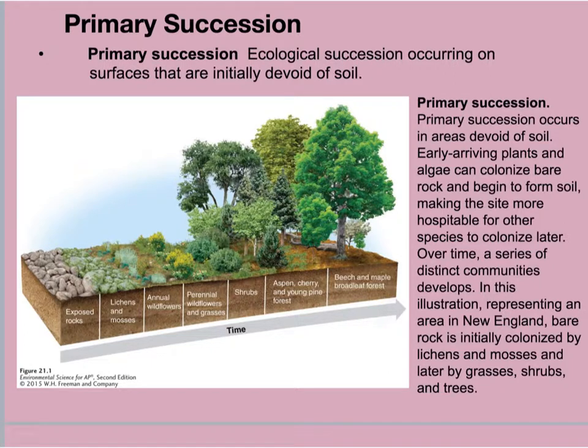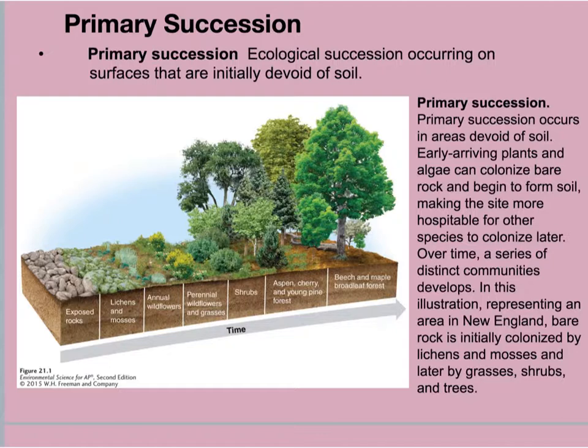This figure shows the process of primary succession in a temperate forest, like in New England, for example. The bare rock can be colonized by organisms like algae, lichens, or moss, and these organisms can survive with little to no soil at all. As these early successional species grow, they excrete acids that allow them to take up nutrients directly from the rock. The resulting chemical alteration of the rock also makes it more susceptible to erosion.